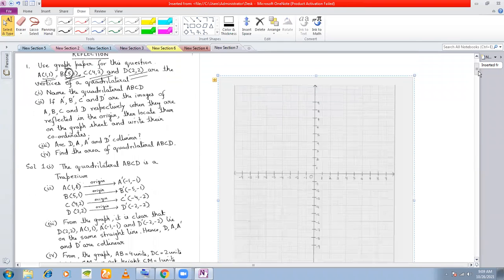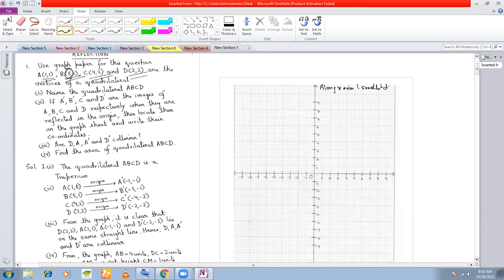Fine. So we'll write the scale first, on the top right hand corner in the boxes. Along the x-axis, one smallest division is equal to, you have 5 divisions as 1 unit. Therefore, one division will be 1 by 5, which is 0.2 unit. And similarly, you have along the y-axis also 0.2 unit. Or you can simply write this as along x and y axis. Okay, let's write it this way only.